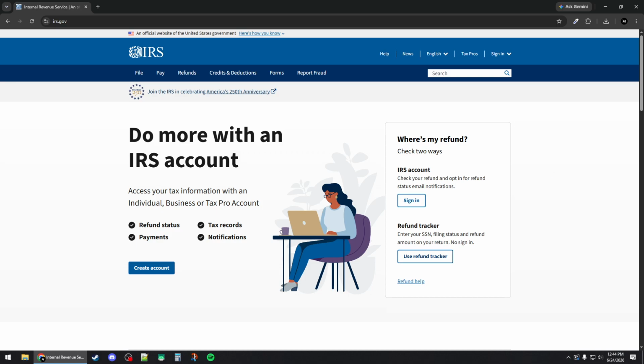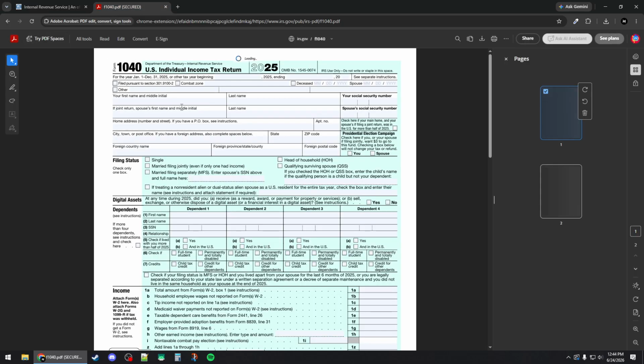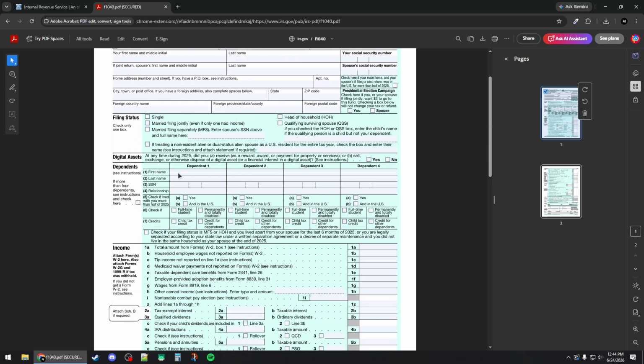How to file taxes in California. So first you would need to file your federal tax return. You would usually need to complete your IRS Form 1040 before starting your California return. You can get all the forms you need from the IRS website. Just type in the search the form name and it will bring the PDF file version, which you can download